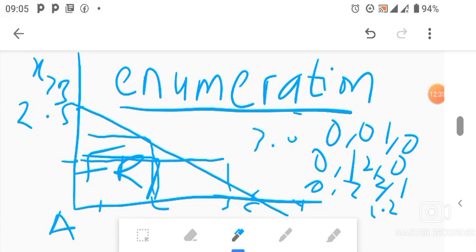So according to enumeration, that's how we just pick points. You also test again the z values of all these coordinates you have picked. Enumeration picks a number of coordinates, but the whole point is, what are we doing? Are we maximizing or minimizing? As I said, in this question we are maximizing. So you test out all these coordinates, and you tell me that this last coordinate that you picked, 3,0, is the one that's producing the highest z value.